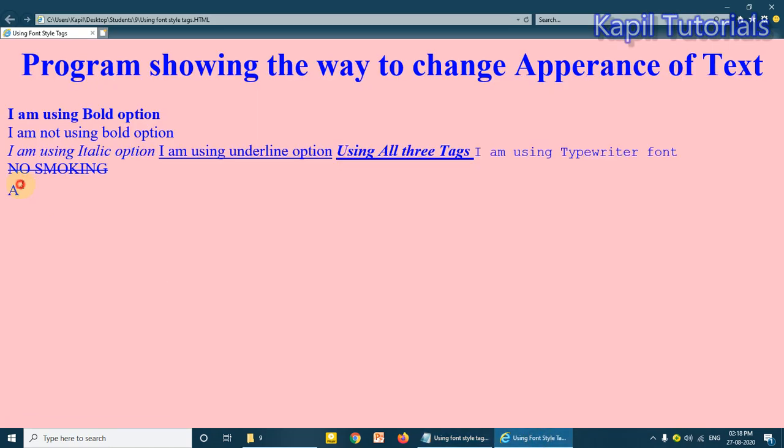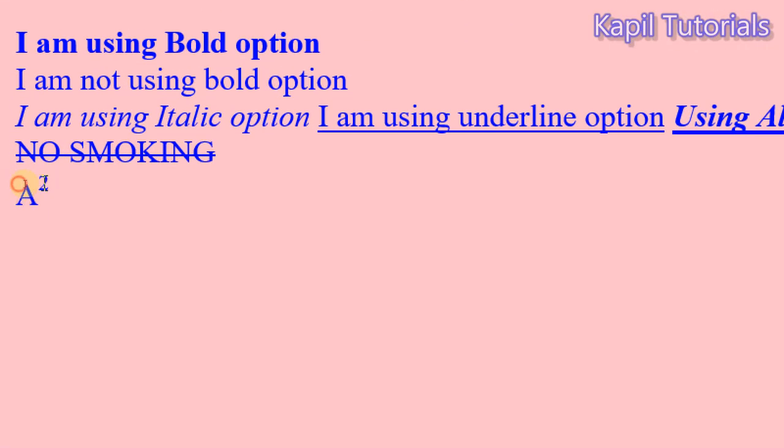So here you could see here 2. I'll zoom it. You could see here this 2. It has happened due to the use of superscript. Example of Superman. That means this selected text under SUP will go up from the baseline. The same case is with subscript.